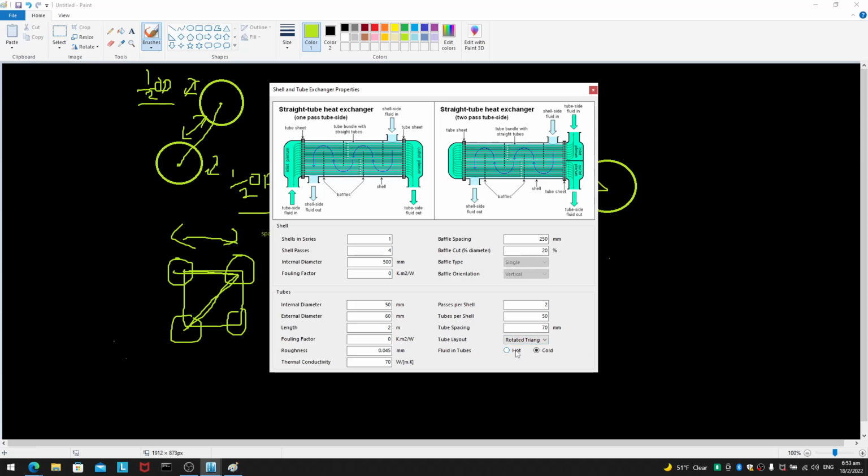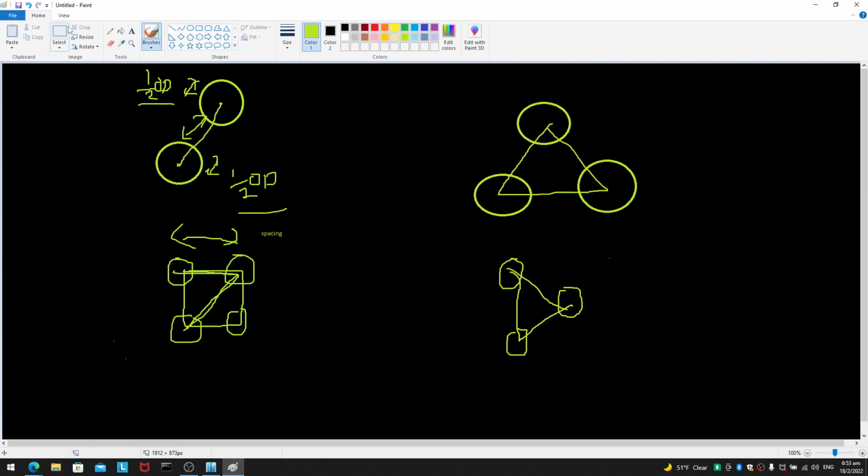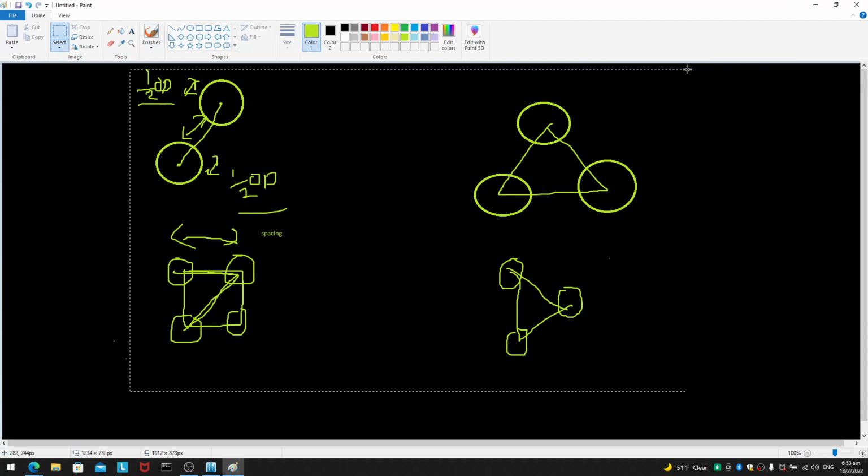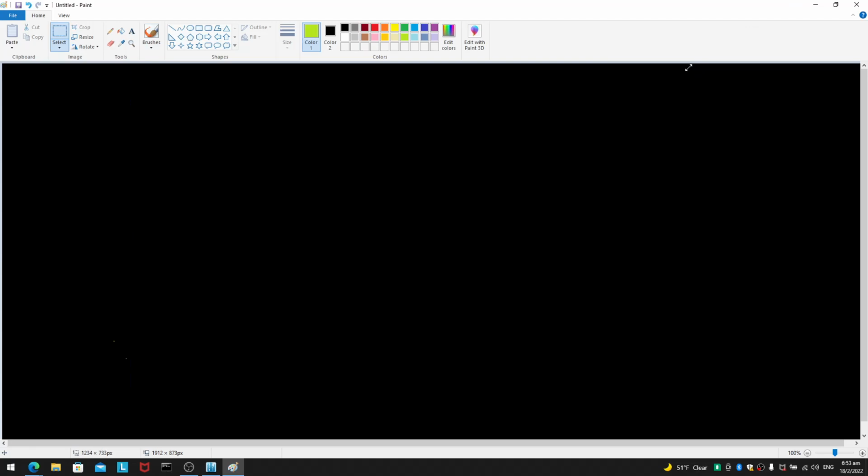The last option here is fluid in the tubes. Do you want the hot or cold fluid in the tubes? So in real life, here's my thought. If you have a tube,